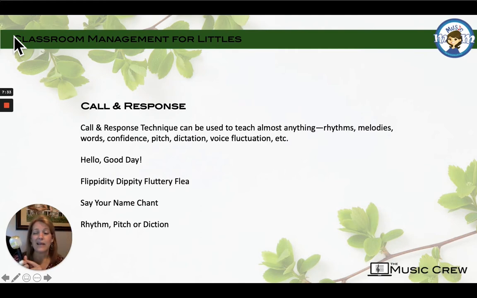Now, something important about having a child respond individually to Mr. Microphone: I never pause very long. If they don't say their name, it could be that they're wanting attention, which means the last thing I need to do is give them attention. However, it could be that they're a truly shy child, and then the last thing they need is attention. So nine times out of ten, I will say, will you say your name for me? And I pause. I usually count in my head 1, 2, 3. And if they don't respond, I simply say, practice for next time, and wink at them and then move on to the next child.